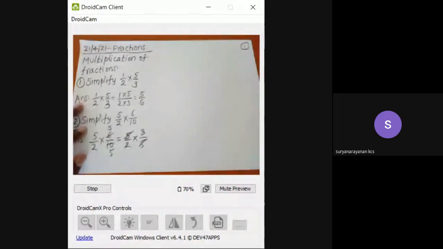What is the HCF of 5 and 5? You can take any numerator and any denominator. What is the HCF of 5 and 5? Sir, 5. So we can divide this numerator by 5 and we can divide this denominator by 5. So 5 ones are 5, here 5 ones are 5. After cancellation,